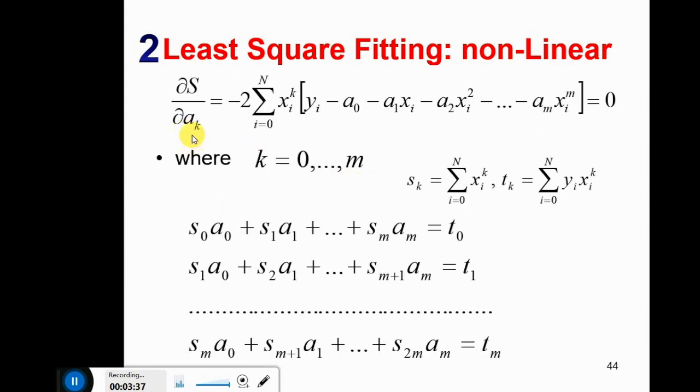So in general, ak I am considering, if you find the derivative of S with respect to ak, your equation appears like this, and from that you have a number of equations. Here we have m plus 1, so m runs from 0 to that value, and so the number of equations is m plus 1 including the 0th equation, and you can simultaneously solve them